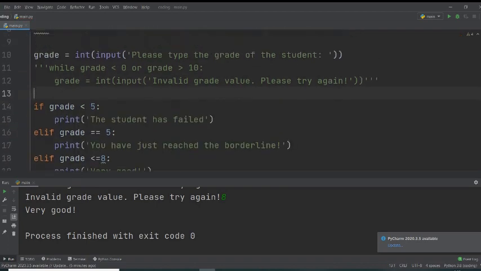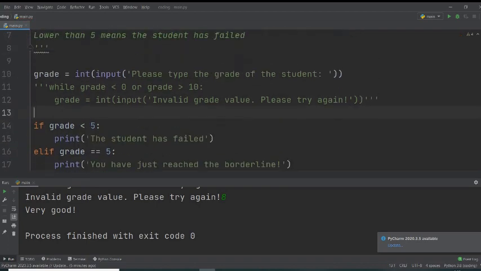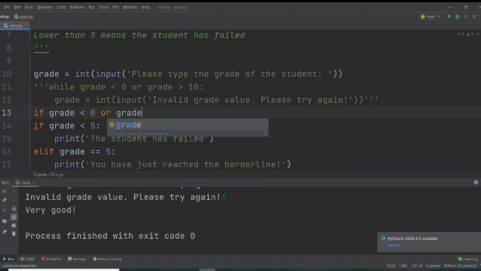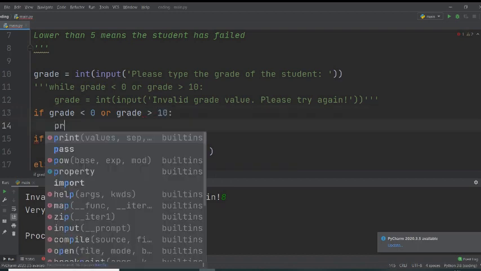I will use if again. So at the beginning of the program, after reading the value for the grade variable, I will type if grade is lower than 0 or grade is greater than 10, then print